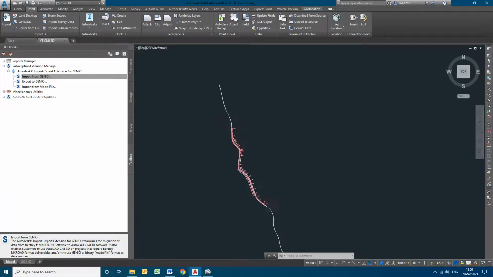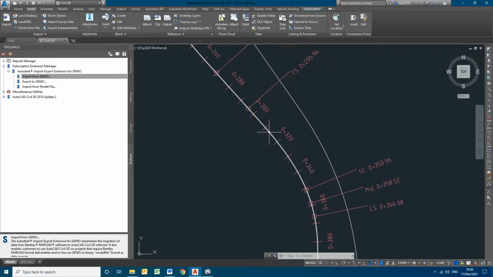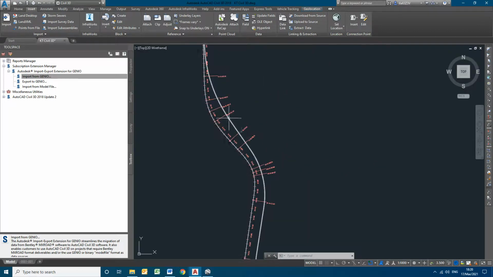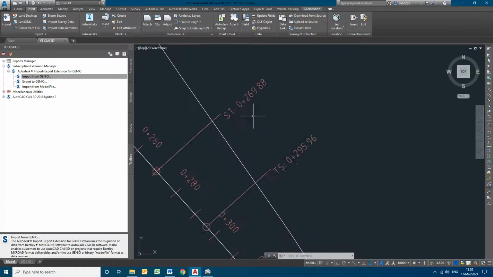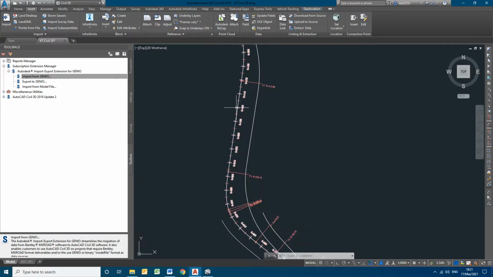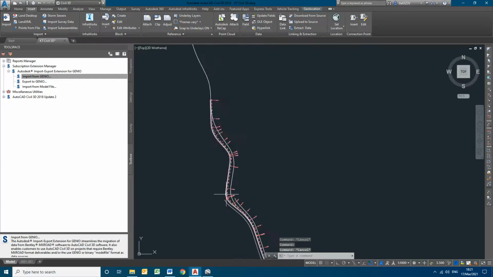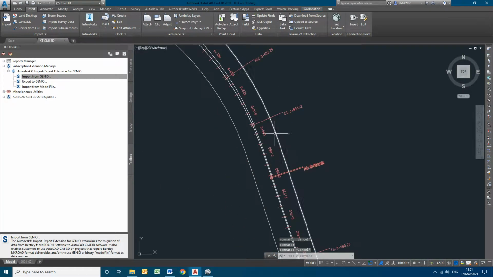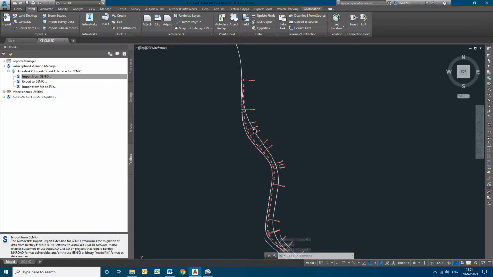Right, now I got exactly the string. You can see the string with the geometry, the transition length, the curve length, and everything, and the offset strings, wherever we have the alignment.